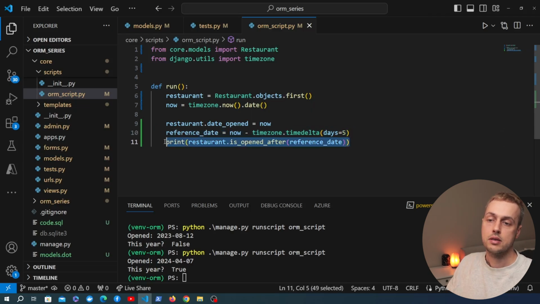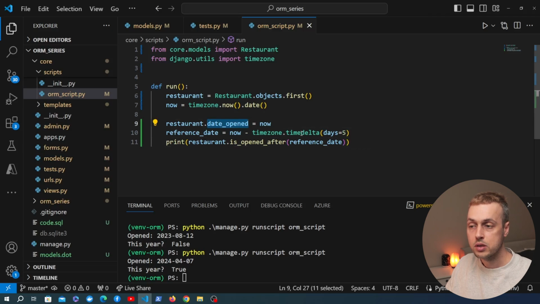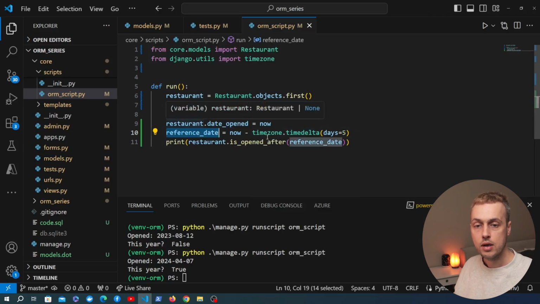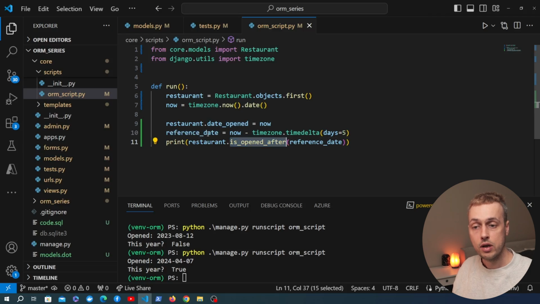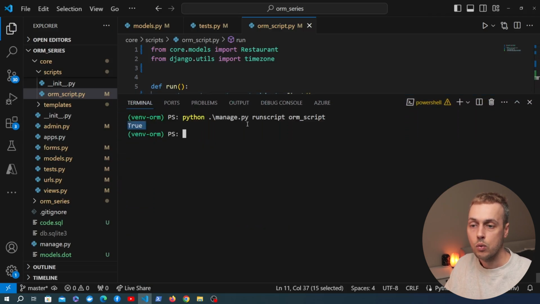Now, what do we expect the value of this print statement to be? We've set the restaurant's date opened to now, and we've set the reference date to 5 days before now. So isOpenedAfter that reference date, we expect that to be true because the restaurant was opened after 5 days prior. So let's test this out. If we go back to the terminal here, when we run the script, we get back true from that model